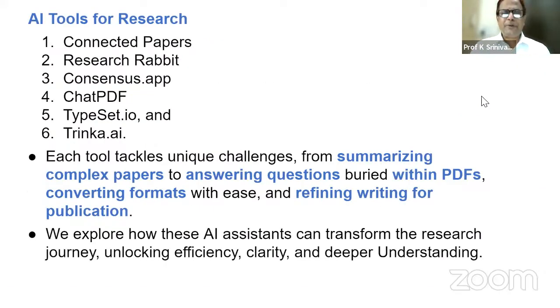ओके, सो आप लोग क्या समझ रहे हैं कि कितने कितने टूल्स मैं पढ़ाऊंगा, क्योंकि ज्यादातर केसेस में लोग मुझे बार बार यही पूछते कि सर ये जो कितने टूल्स आप हमें बता दोगे। अब मैं ट्राई तो करूंगा, बिकॉज देयर आर सो मेनी टूल्स आर देयर। इनमें से मैंने कुछ इंटरेस्टिंग इंपॉर्टेंट वाली टूल्स को निकाल के रखा था। उसमें एक कनेक्टेड पेपर्स पे एक टूल है, रिसर्च रैबिट एक टूल है, कॉन्सेंसस एक टूल है, चैट पीडीएफ है, टाइप सेट है, एंड त्रिंका है। काफी इंटरेस्टिंग और यूजफुल वाली टूल्स हैं।